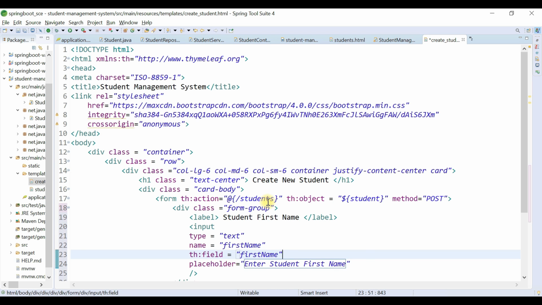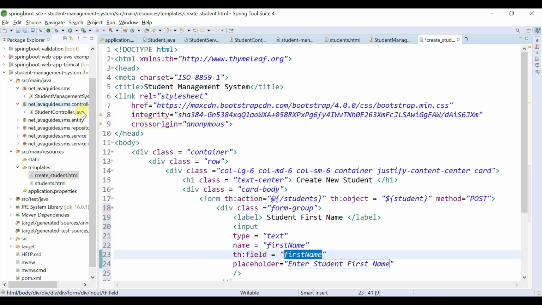So remember, this is very important, th:field. So this is again a Thymeleaf attribute that we use to bind this input text to the model field, and this name should equal the field name that we defined in the student class.